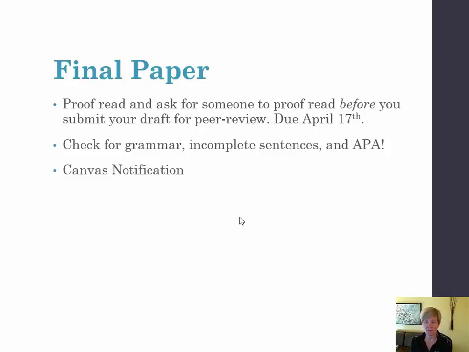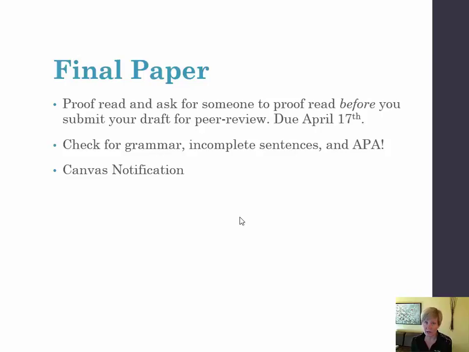And then you'll be able to go in and download that individual's paper and conduct your peer review. I would like you to submit back to that person a document that has track changes and comments that you have. And also, I'd like you to submit back to them the completed rubric, so they can see specifically what you thought about the elements that are required in that paper. So those are the two things going back. If you don't have Word or have a problem getting Word to work, let me know, and we'll try and figure out a way through Google Docs to get it set up, or maybe through PDF. But I'm pretty sure all of you have Word.